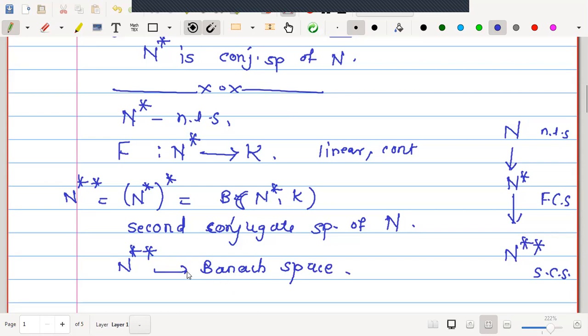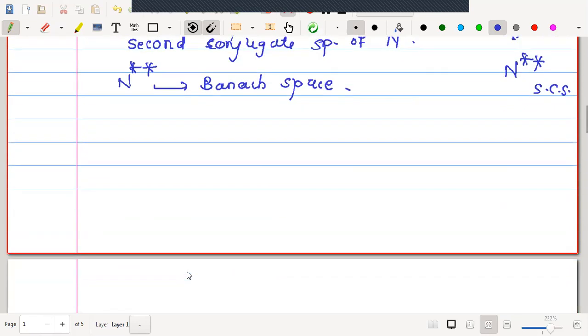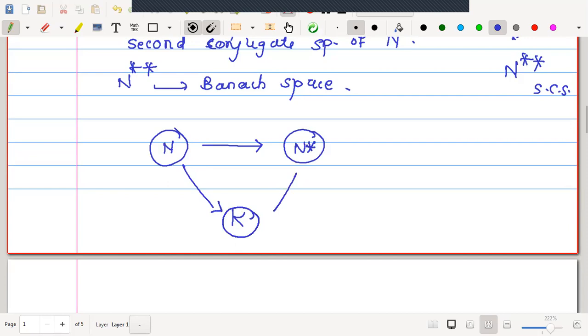Now we will try to understand how the elements in N and N star are related to one another. Once we understand the nature of the elements, we will go to the heading, natural embedding of N into N double star. Before that, let me tell you one structure. Here, this is N, a normed linear space. Let this be N star, and let this be the scalar field K. Now, if I start with a vector x in N,